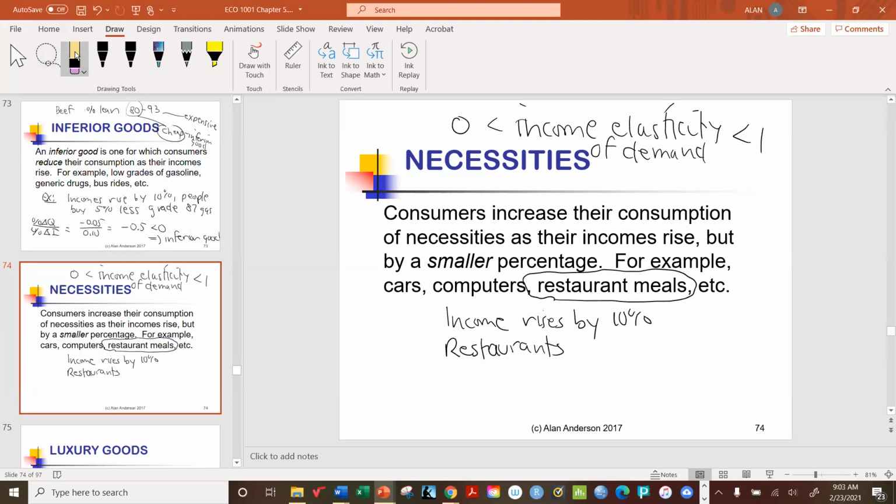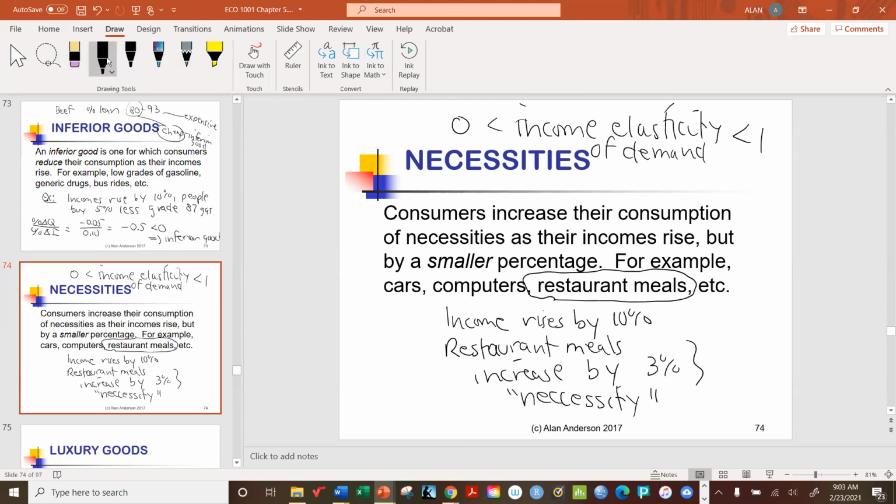Restaurant meals, we'll call it, increase, let's say by 3%, because yes, we want to go, and we did go more often, but not maybe an enormous amount. That means people perceive this as, you can see what I mean about this classification. You might think of this as a luxury, but according to this classification scheme, it is defined as a necessity because it's something you might do on a regular basis,